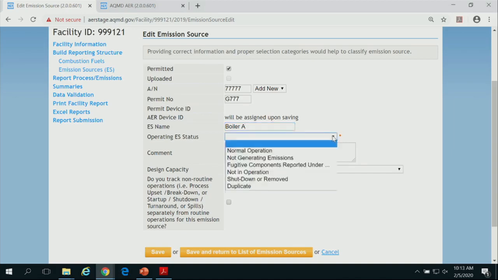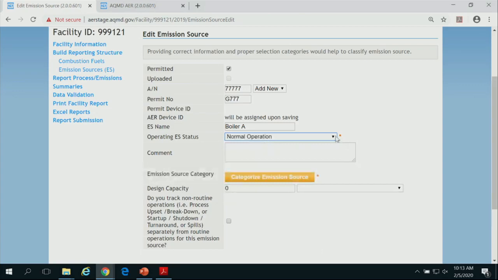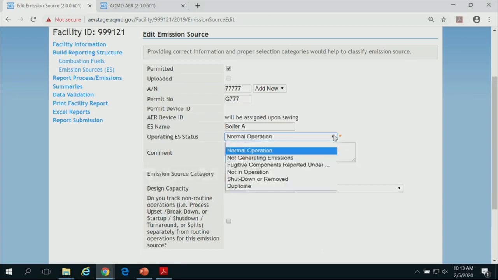The operating status, if the equipment is up and operational, you select normal operation. There are other features here. If, let's say, the equipment is there, you have a permit for it, but for some reason you didn't use it for an entire year, you can claim that it wasn't in operation.